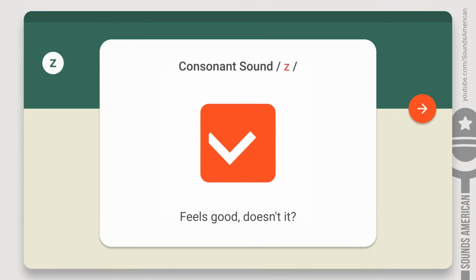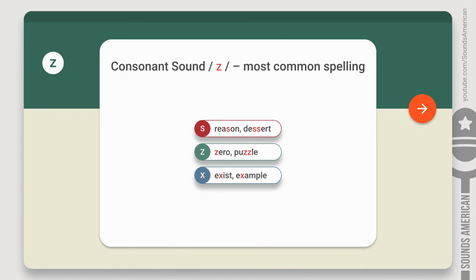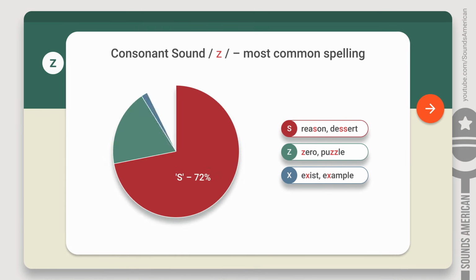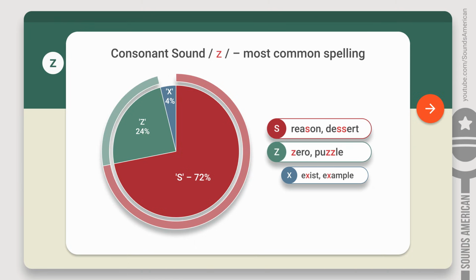you're done. Congratulations. Okay, we hope that now you've learned to be very suspicious every time you see the letter S. And you should be suspicious, because in American English, the Z sound is represented by the letter S in 72 words out of 100. Don't worry though, there are some bulletproof rules for most of the cases. We'll try to cover them in our future videos.